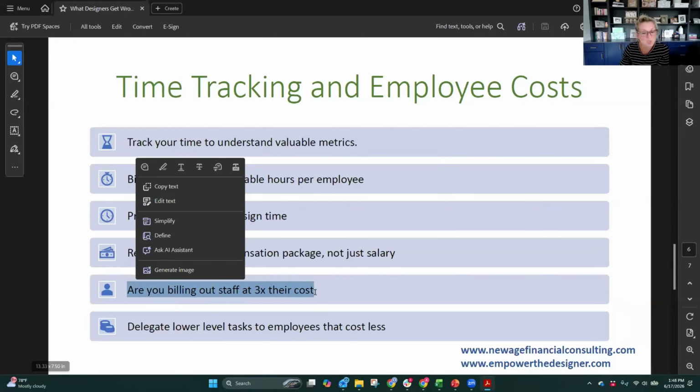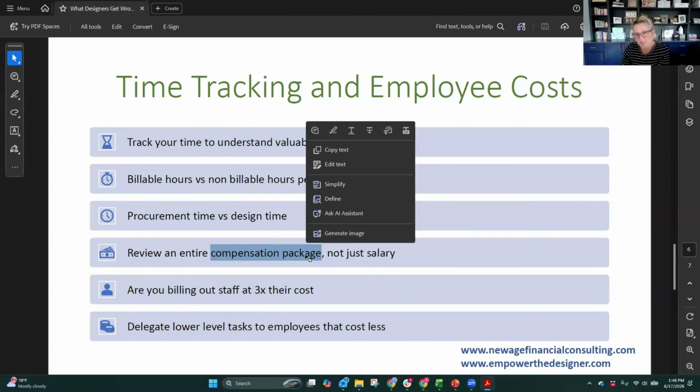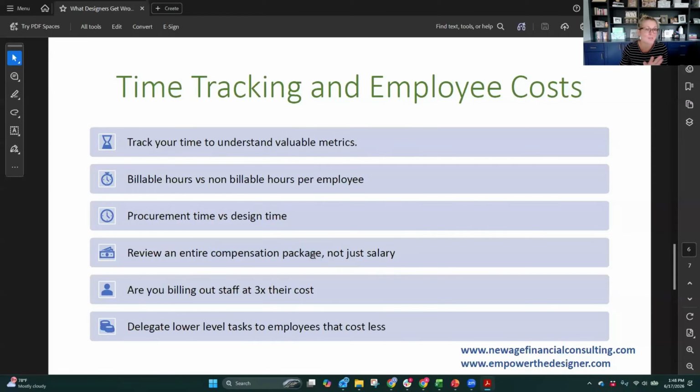I actually also think it's super easy. And fine, let's say you don't have a comp package, and you don't want to put together the Excel chart. Okay, fine. But then you have 3 people and they each make $100,000, so you're at 300,000. Take 300,000 and multiply it by 3. That's what I want your design fees to be at, which would be 900,000. Is that hard? Yes, it is hard. Is it doable? 100%. It's totally doable.